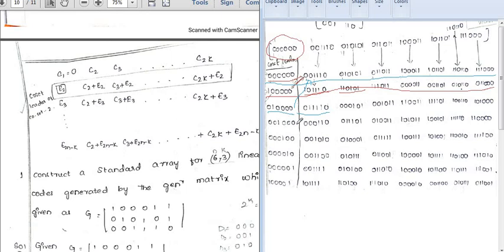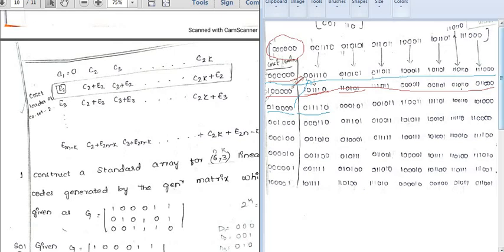Okay, then afterwards the third one, again I will be moving my 1 to the next bit. Again I have to add this with your original code vectors. So again E3 plus C2, E3 plus C4, E3 plus C5. Similarly you have to complete up to the last column when you will be getting 1 0 0 1. So how many cosets have we taken? 1 2 3 4 5 6 7 and 8, because you have got all 8 bit strings. Yes, so this is how you have to construct your standard array.